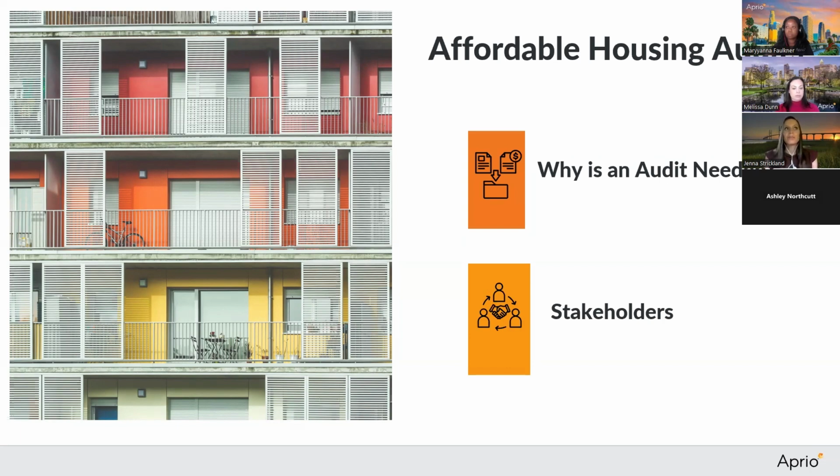You might have private sector lenders like banks. You're also going to have a lot of federal funding, like a HUD loan, an FHA loan, USDA loans, things like that. Then you're going to have other types of government, state and local. You could have home loans, government grants, or bonds. There's an endless list of the stakeholders who are interested in these audits, but they do want to see those audits and they want that comfort that the property is what you say it is. So that's the long and short of an affordable housing audit, why it's needed, and who's using it.